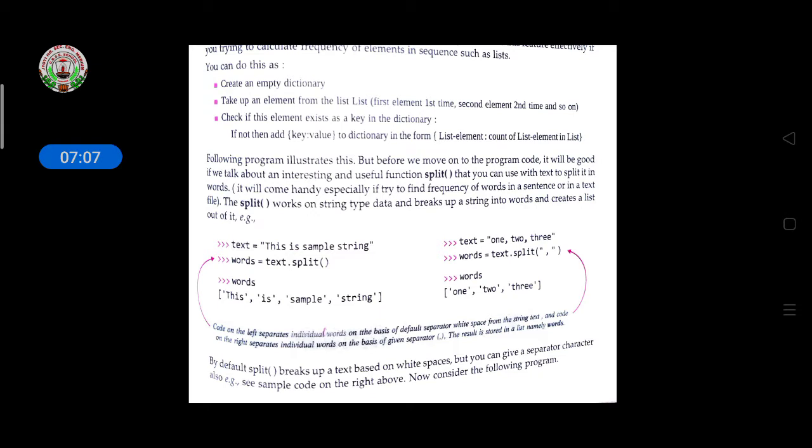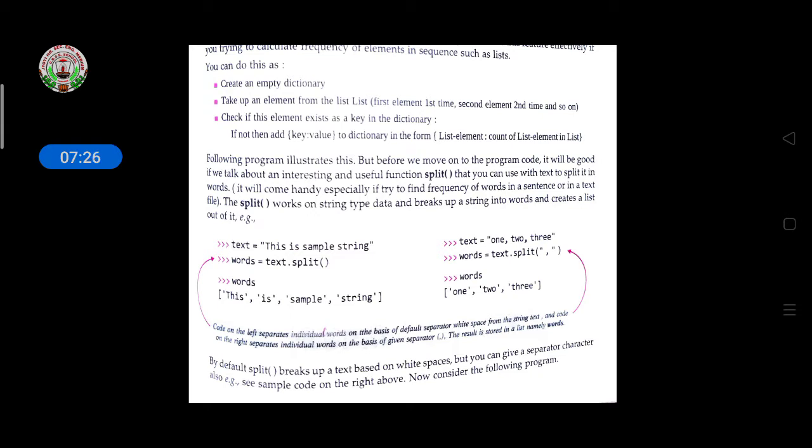So here all the words will be split: after "this" a comma, after "is" a comma, after "sample" a comma, then "string", like this. The code on the left separates individual words on the basis of the default separator, white space, from the string text.